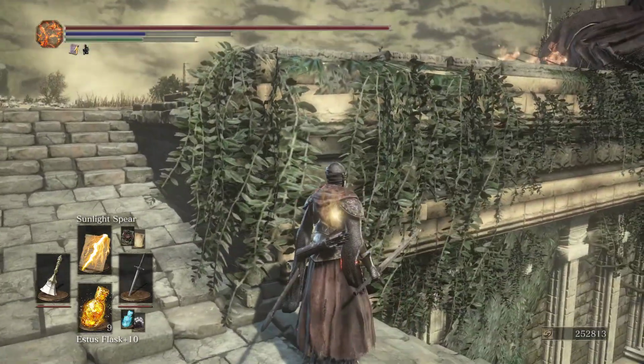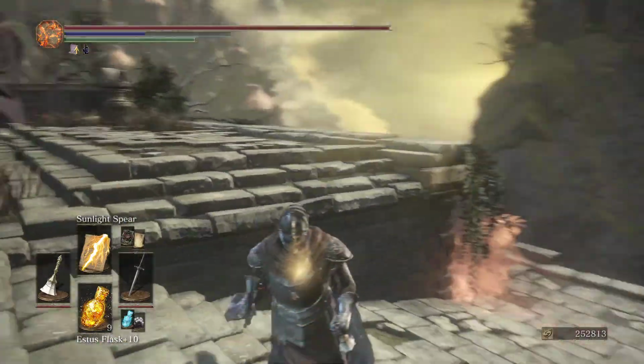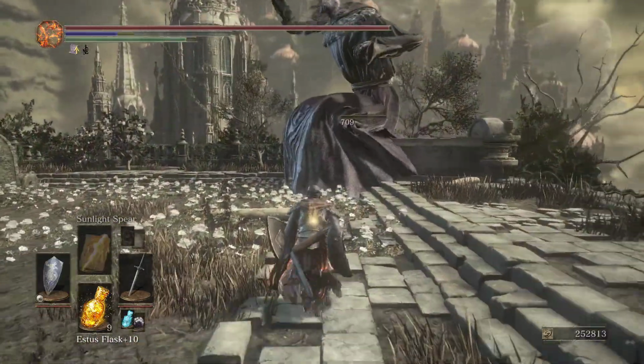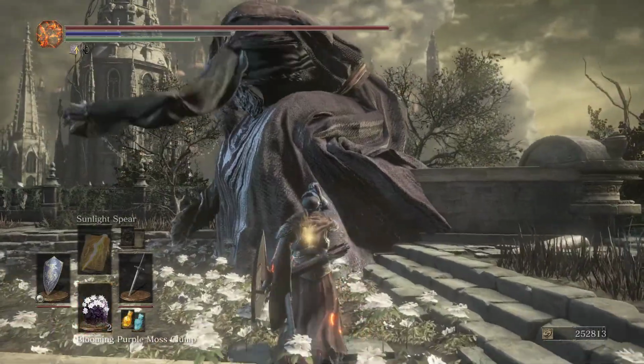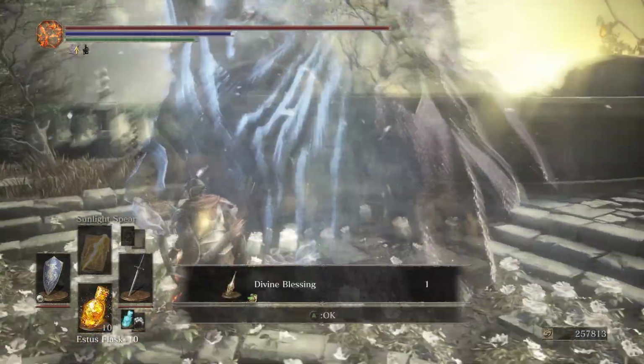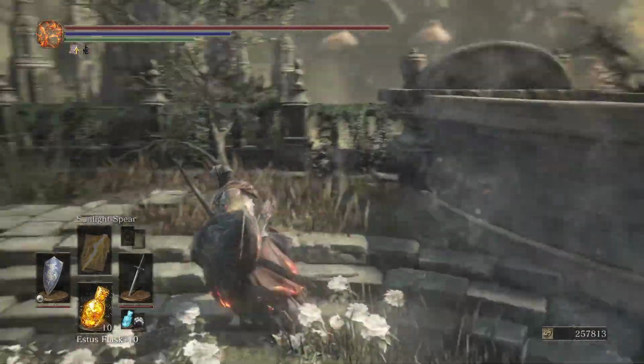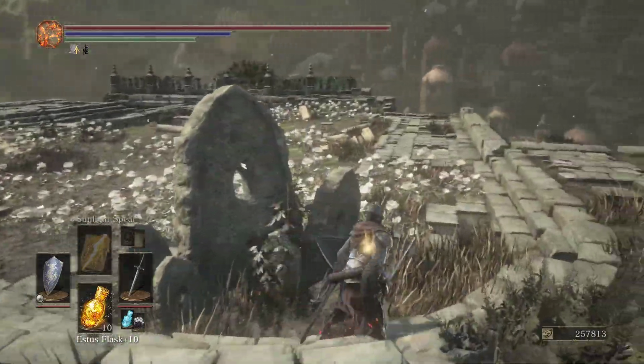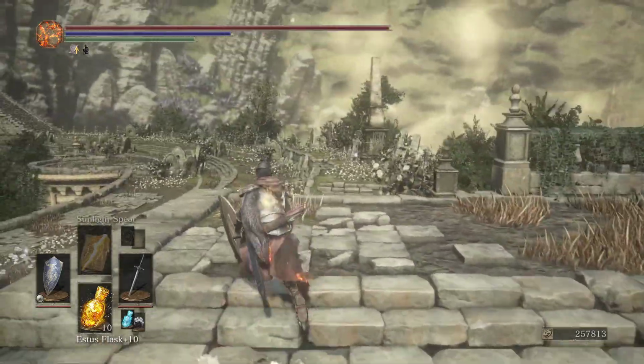Now, he will spawn a melee guy right there to you as well that will crush you. There you go. Once the adjudicator is dead, this becomes so much easier. Adjudicators will drop divine blessings. There are a couple adjudicators in the DLC, so...